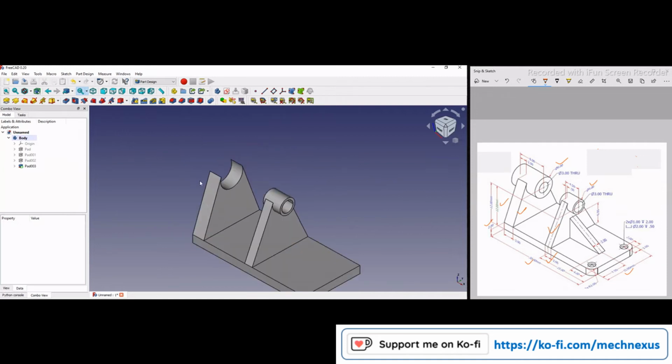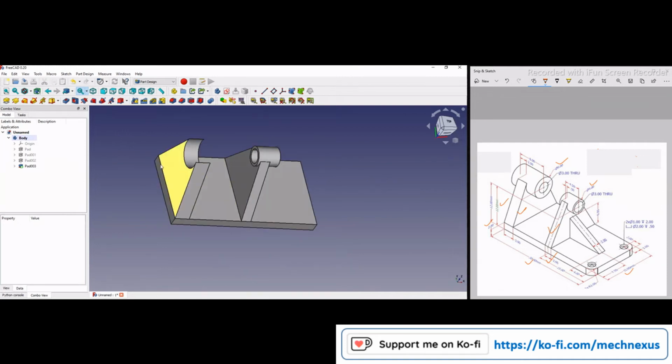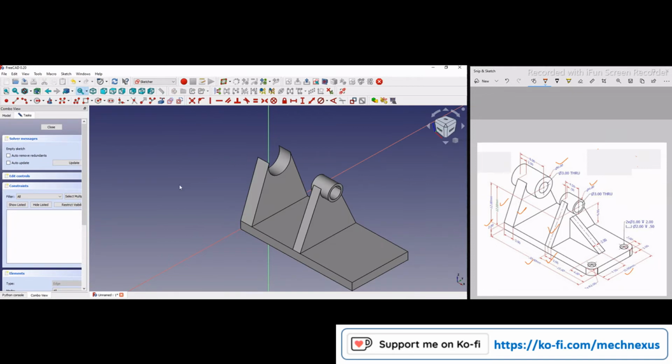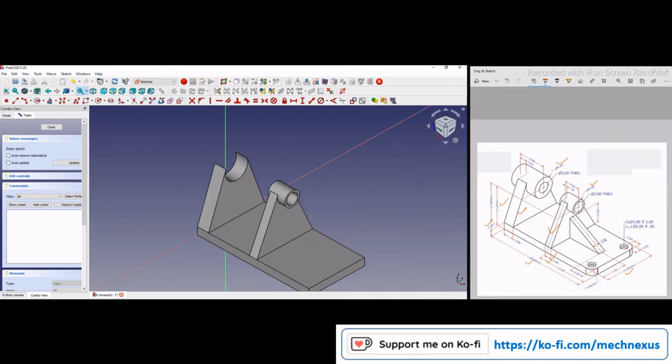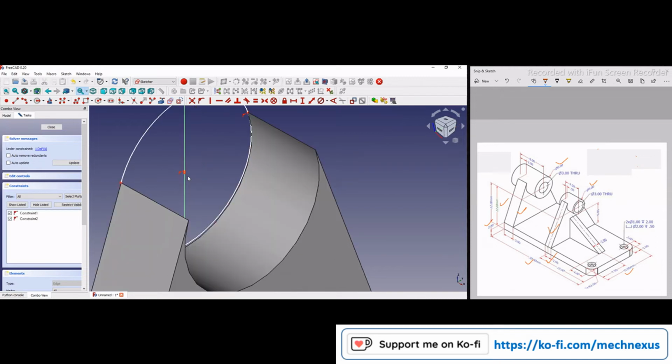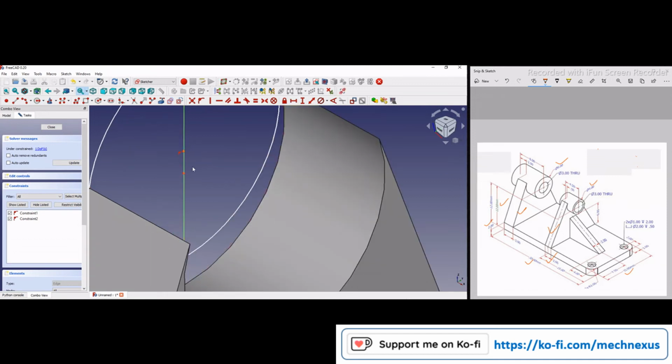And same way, we will select this face and say sketch, and we will convert this, and we will merge it. Here is a reduct. Now we will delete it